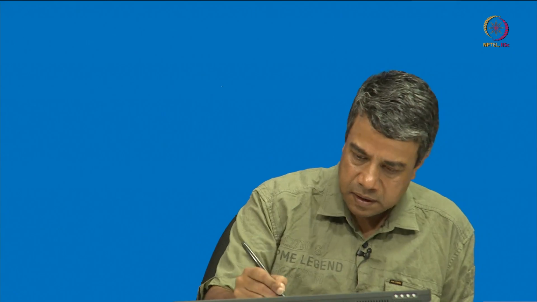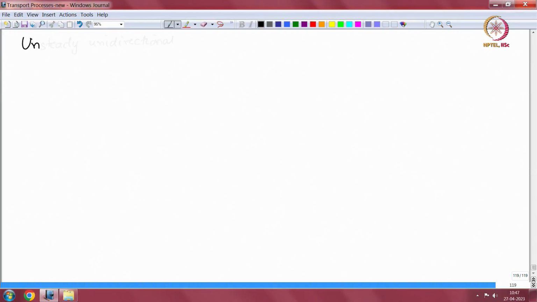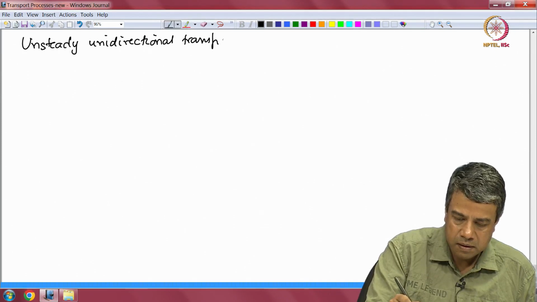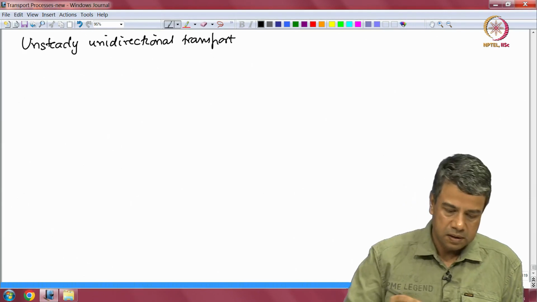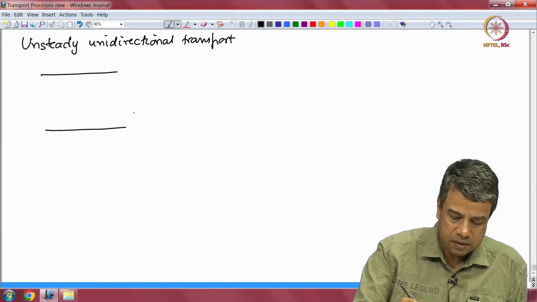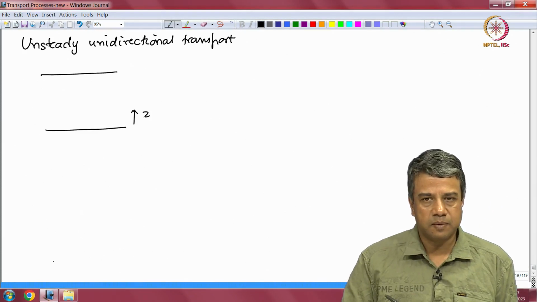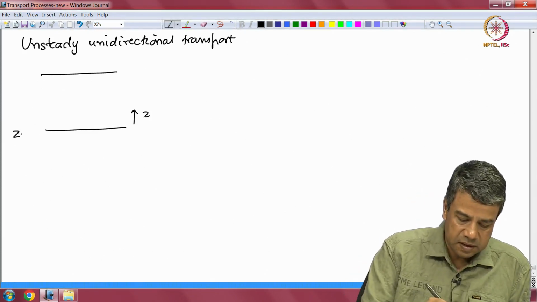In the last few lectures, we had derived the conservation equation for mass, momentum and energy in Cartesian coordinate system in one dimension, unidirectional transport and unsteady, that is there could be variations in time and in one spatial coordinate. So, the configuration generally was that we had some coordinate z perpendicular to two surfaces at say z is equal